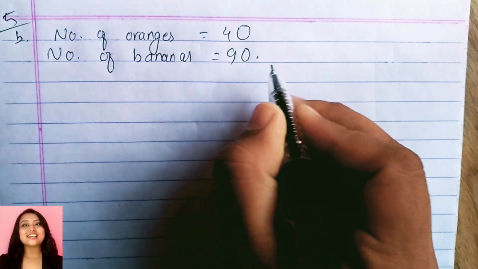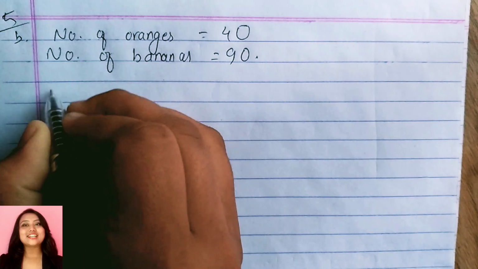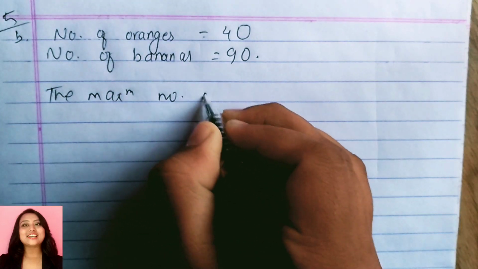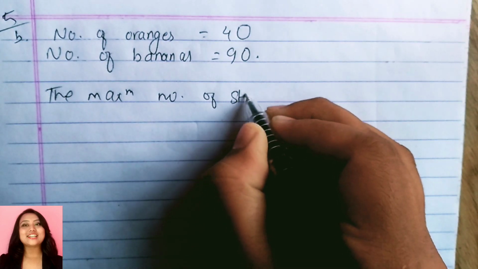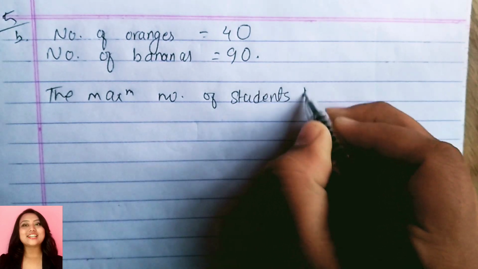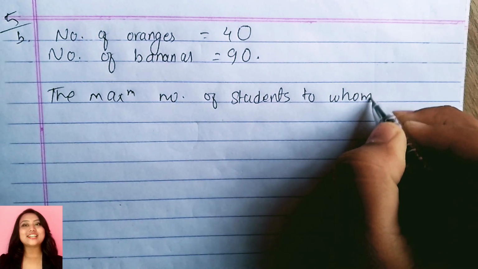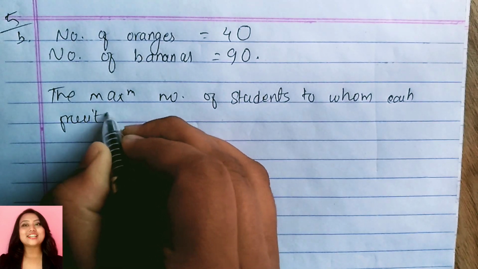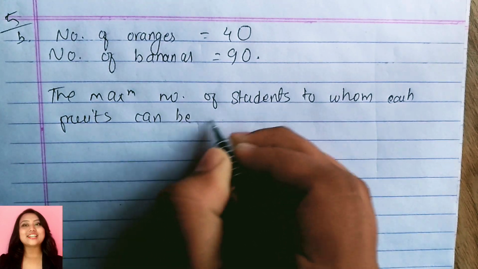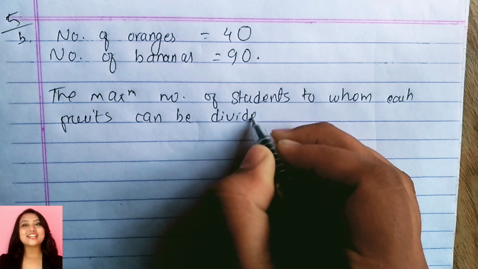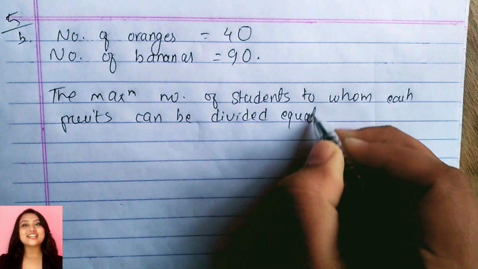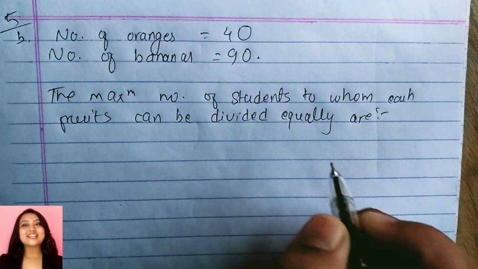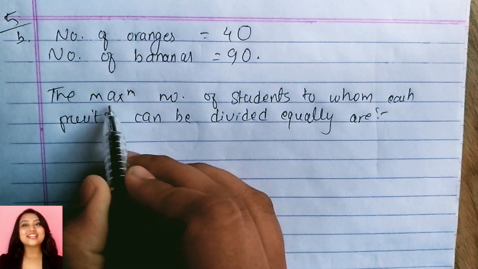Here also we have to find the maximum number of students to whom each fruit can be divided equally. Since it is saying maximum, always remember that the word maximum,